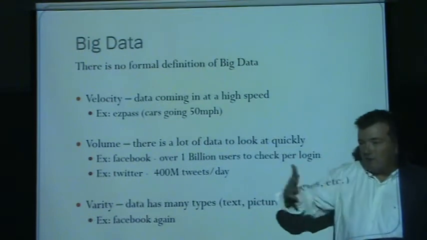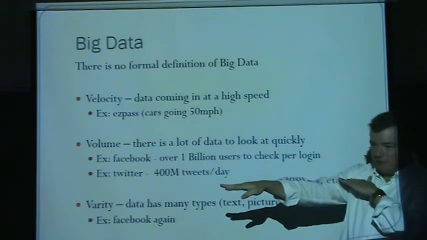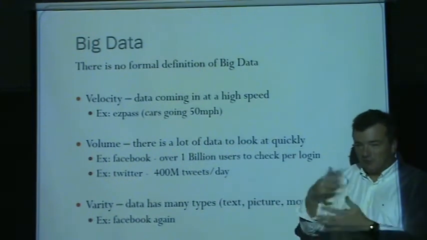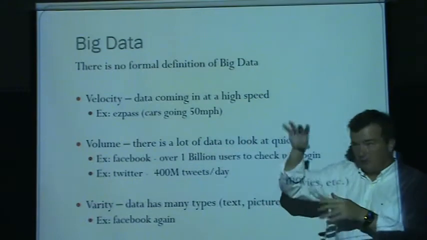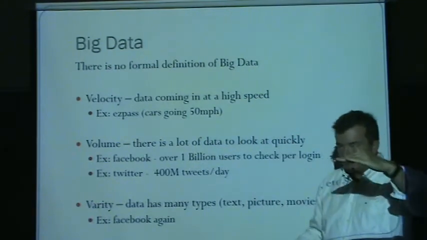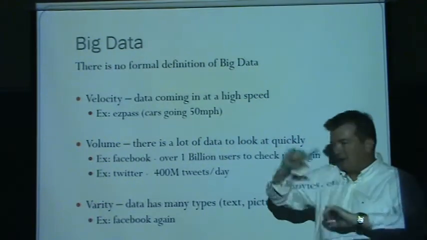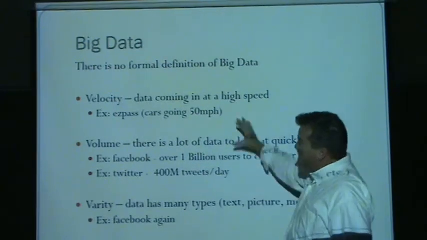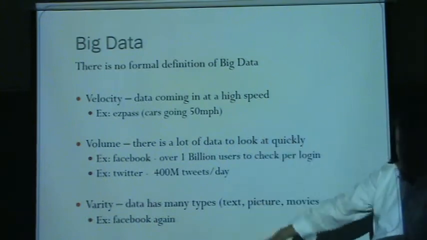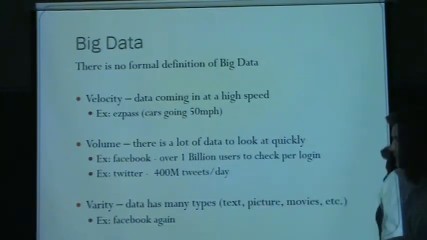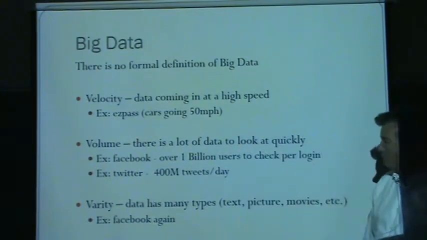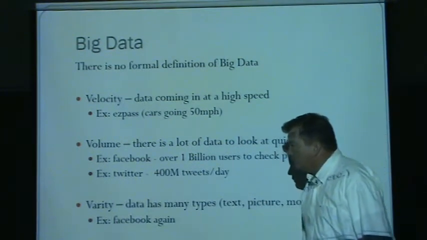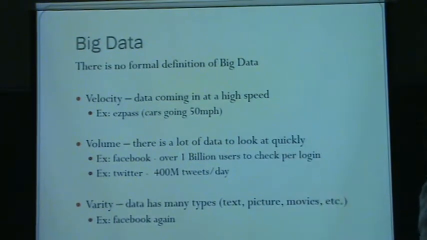But they have to do all of that as you're driving through. There's not a lot of time to log in, check your balance, and then run some software that says your balance is this much and you owe this much, and then send out the warning message. You have to do this very, very quickly. So it can't just be a database table with every single person in the country who has an EasyPass and look through that. You have to find techniques for accessing this data much quicker.